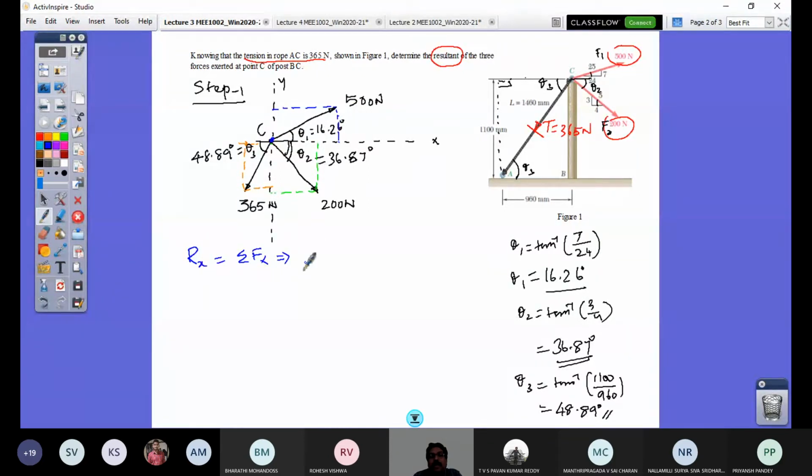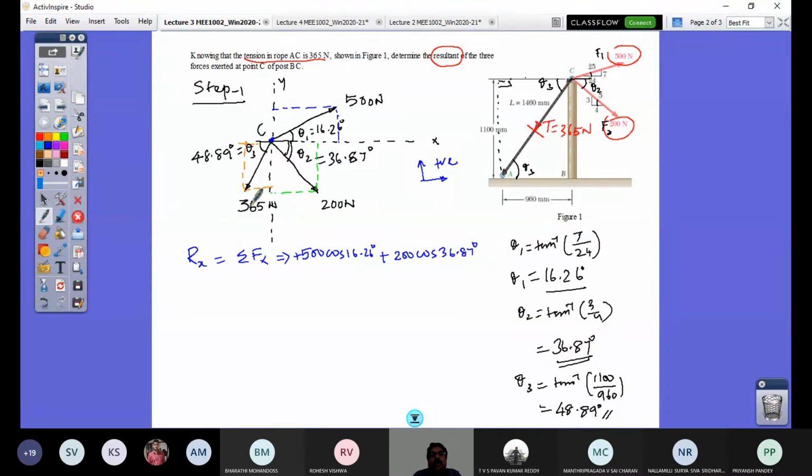So let me write that first: 500 cos 16.26 degrees. And here it is plus sign. Why is it? Because I follow the convention that to the right and upward forces are positive. So now this is a positive component of the 500 Newton force. And next, the 200 Newton force, again see it's projected along the positive x direction with respect to its tail. So I would have here again plus 200. The angle to the horizontal is this, so adjacent side, so cos of angle, that is